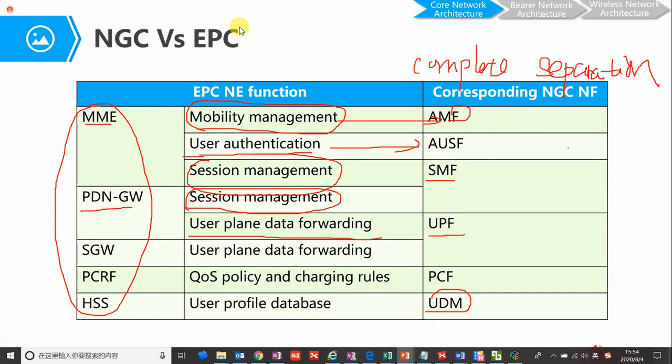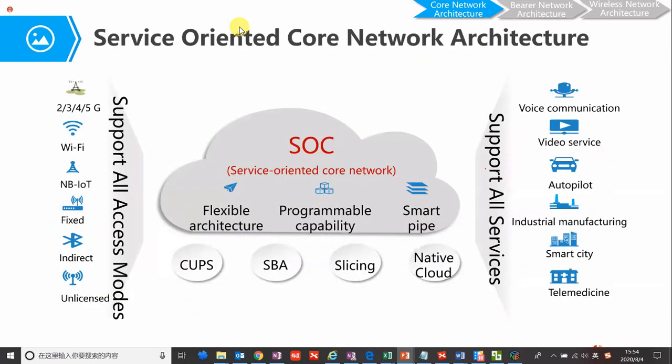This is the 4G to 5G architecture. Any questions?